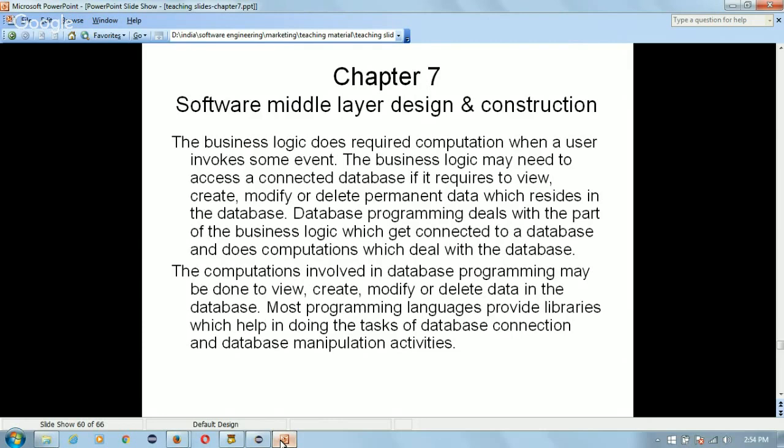So for doing database activities, database operations, we need to make sure some things have to be prepared before we actually do database programming. Some things are like you should be able to connect to a database, and then some database entity should already be created in the database, like the schema, table name, columns, etc. And then from the programming side, you should be able to connect to the database with some username and password,